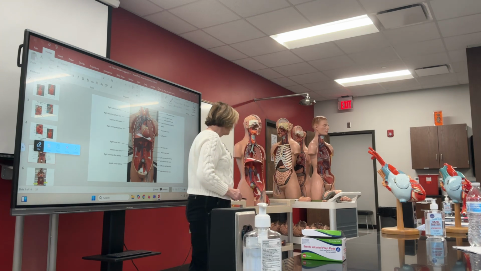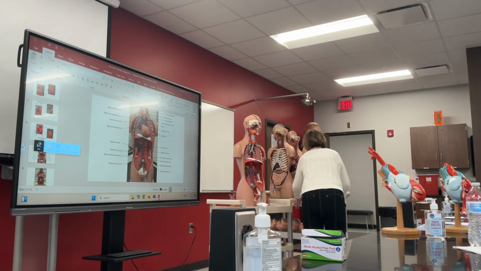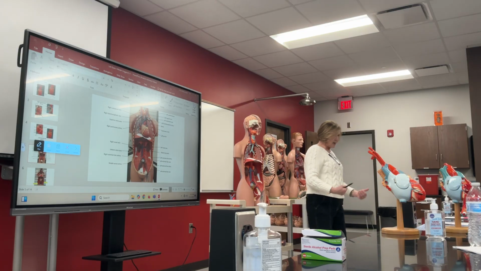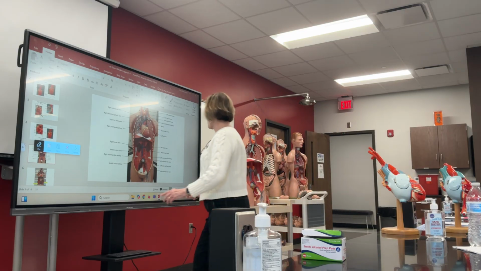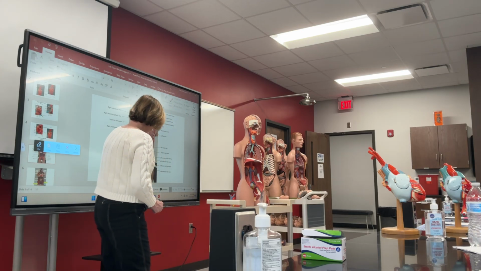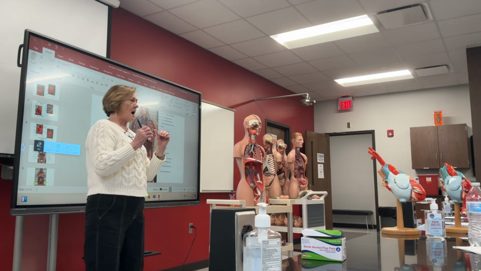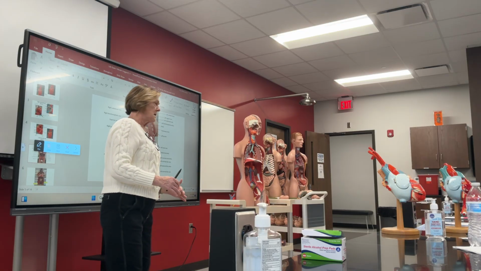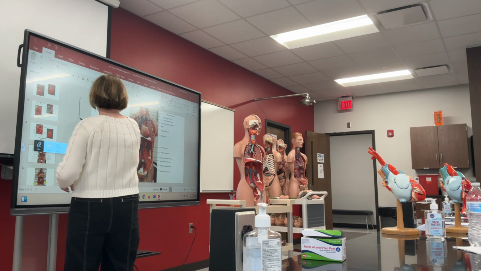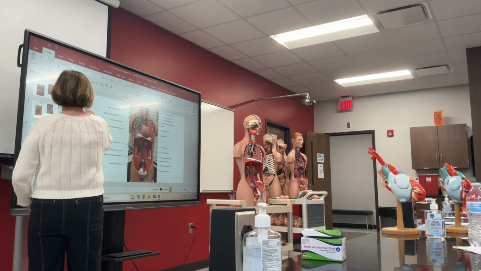Okay, now, what else do we need to look at? When vessels branch, they change names. Okay, so I am looking right here, and in this area, the nice thing is the artery and veins are named the same. So what I'm drawing, if this is the abdominal aorta,